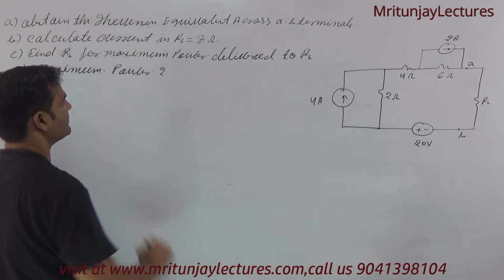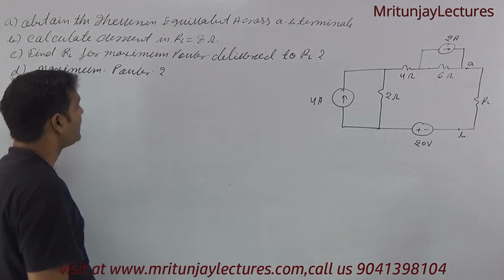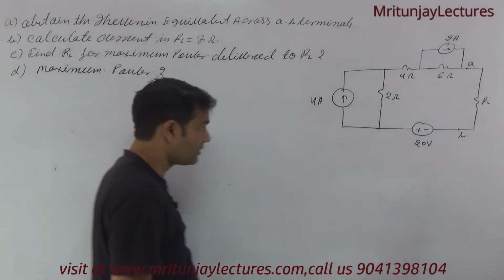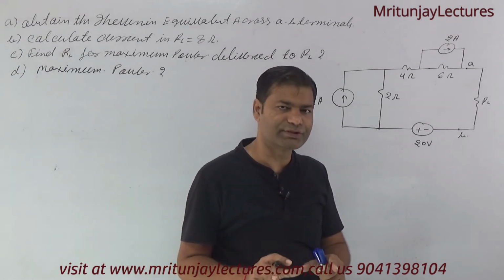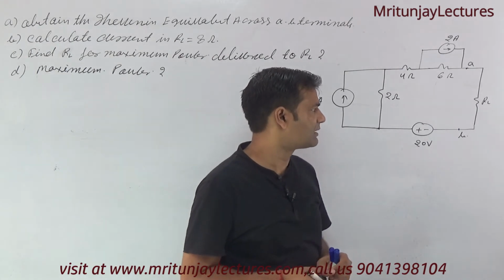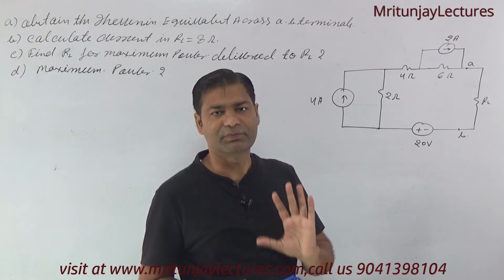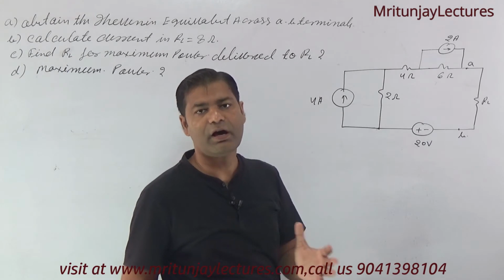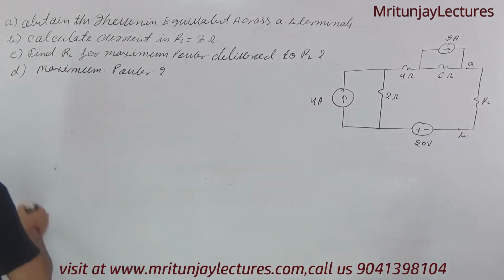Now the last one, like this one. Okay, so our motto: obtain the Thevenin's equivalent across the AB terminal. What about the AB terminal? This is the AB terminal. First of all, determine the equivalent circuit corresponding to AB, Thevenin's equivalent. So how can we determine Thevenin's equivalent? I know that we first determine VTH across AB, after that determine RTH. Okay, so how can we determine VTH?